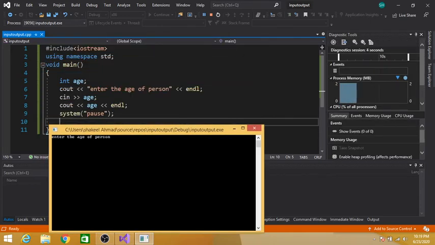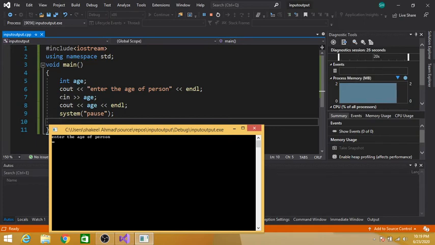The cout object is used to show the output on the console window. This is our console. Anything written in double quotes is printed the same on the console window. So "enter the age of person" is shown. Endl, so the pointer goes to the next line and then it is blinking here.